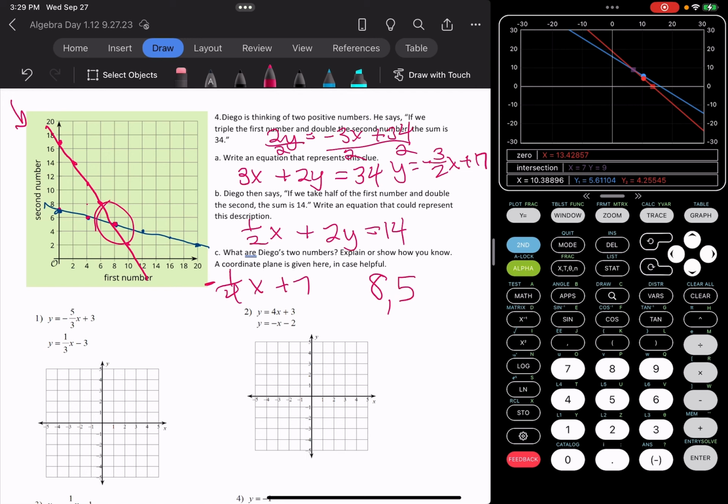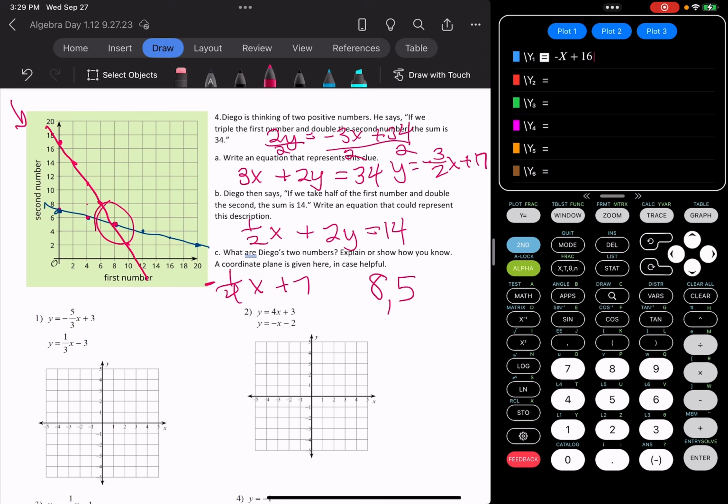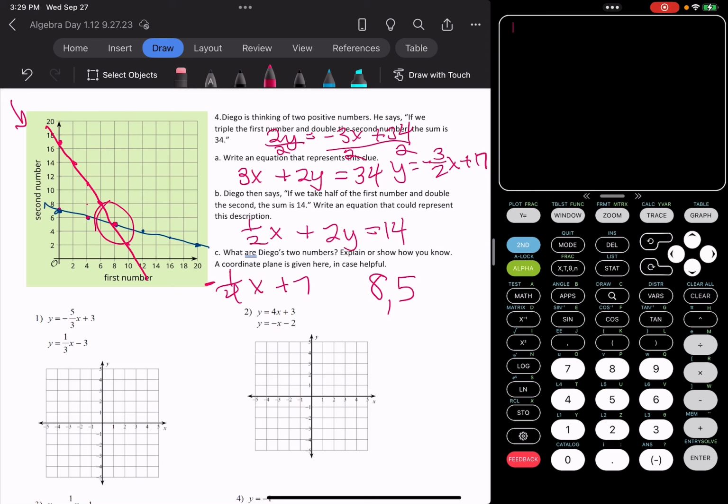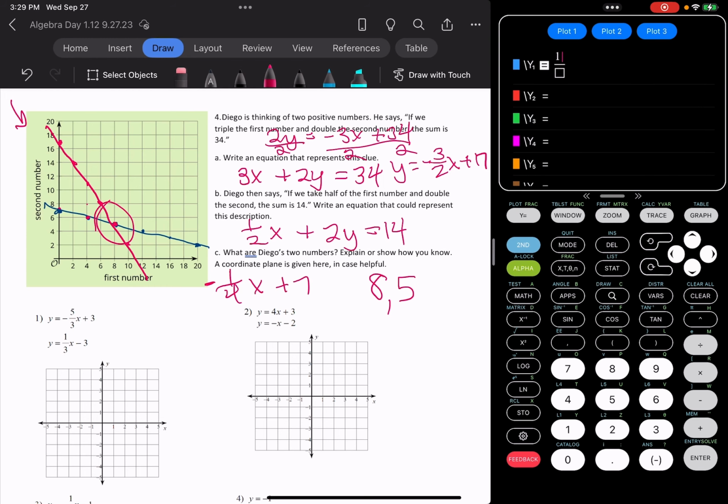All right, and we can double check and make for sure that that is what it is by graphing it. All right, so let's try that. We're going to do alpha y equals fraction 1 over, oops, nope, sorry. That has to be a negative. See, negative